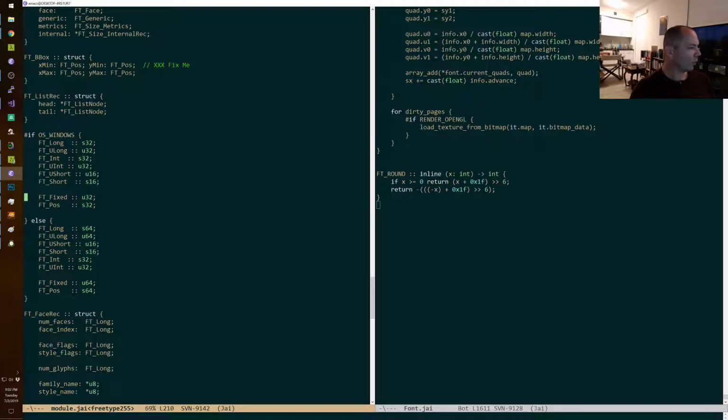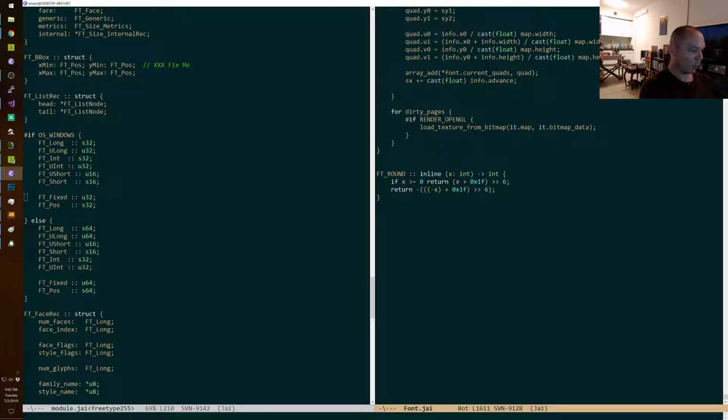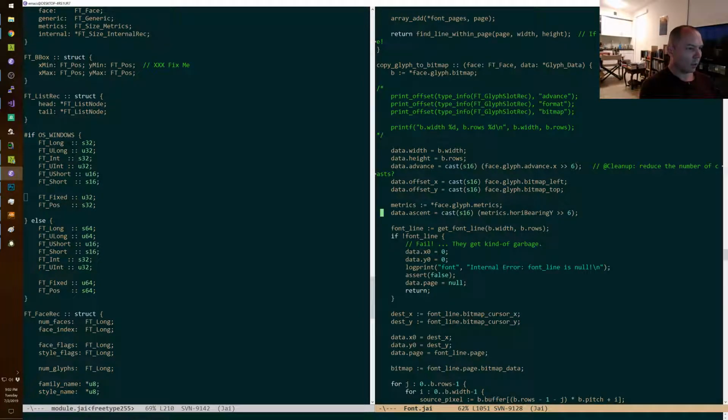It says S32 or S64. What? Why are these different? That's insane. It claims S32. But like, all right. I'm just going to put a trunc there. This may be a bug.